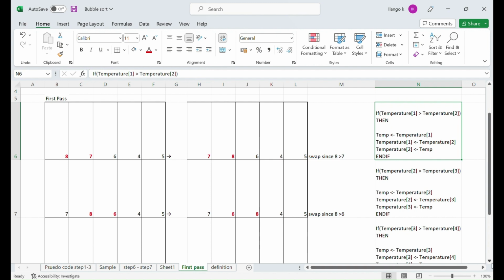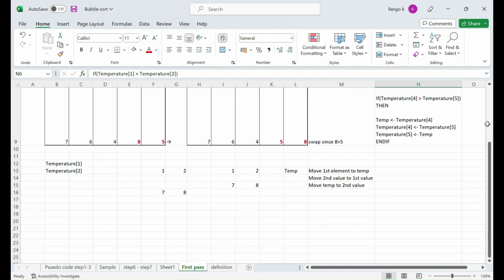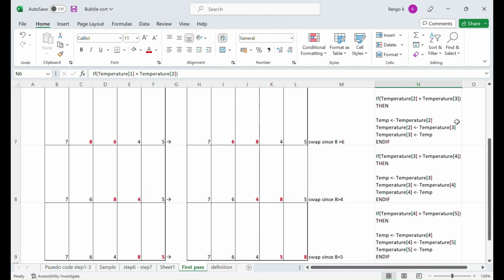So we compared the first and second element. Here is the code for comparing the first and second element. This is the code for comparing the second and third element. And here we are comparing the third and fourth element and swapping. So this is the code for